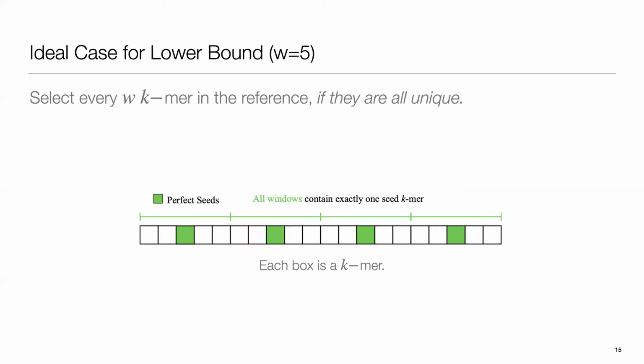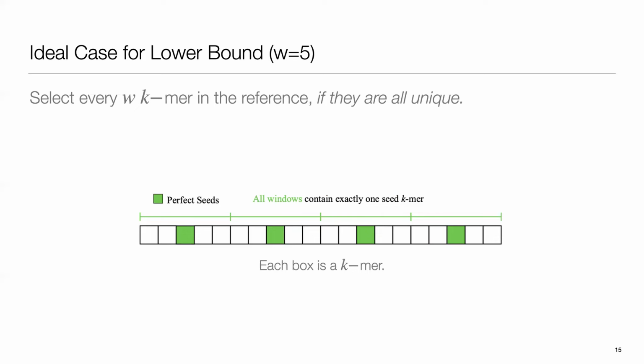Fortunately, for this problem, we know there is a very simple solution. The issue with this solution is it needs a very strong assumption, which is all k-mers in the input sequence are unique. If this holds, what I can do is select every W k-mer in a reference. Here is an example where each box represents a k-mer. It's not a base, it's a k-mer. And with W equal 5, I select every 5th k-mer in the input sequence, resulting in this set of perfect